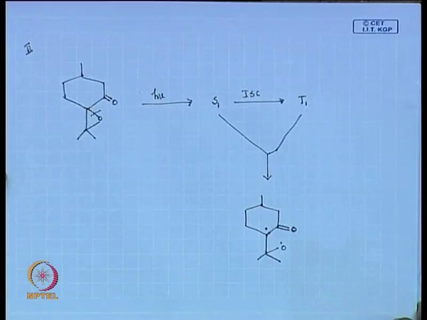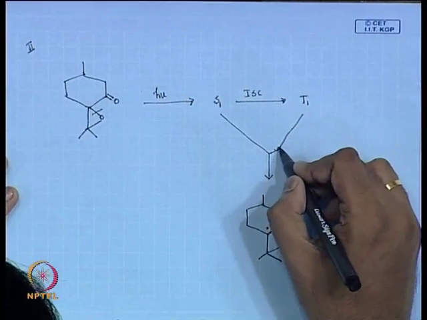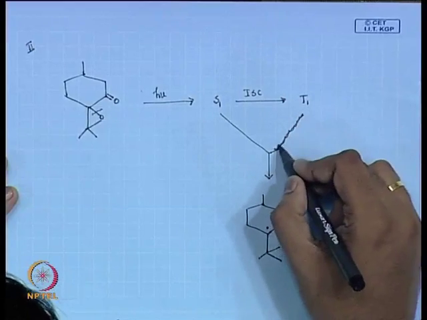So, I can get this type of radical now, a ketone with this type of system. So, what do we call this again? See, sorry, in this case, just a minute,